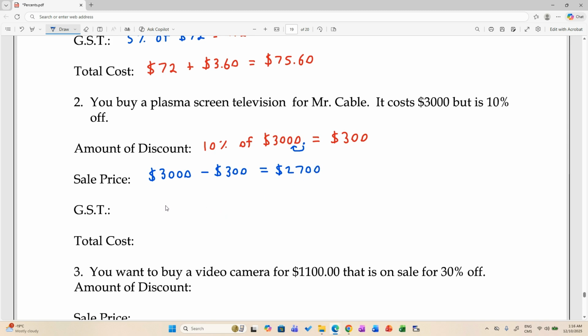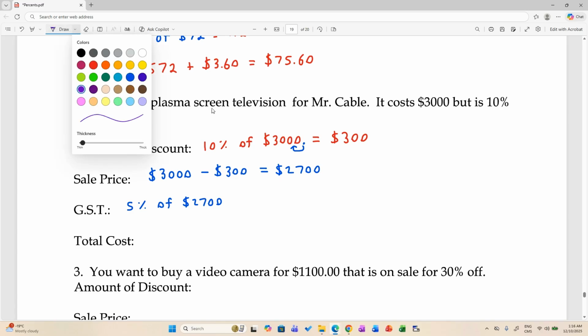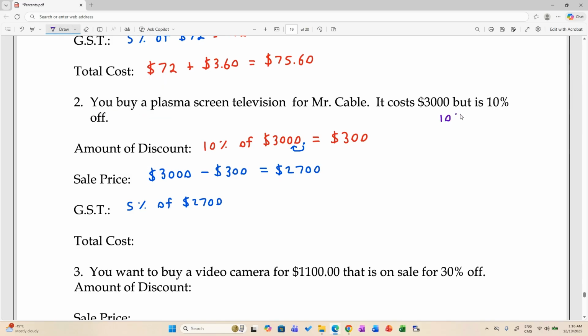Now, before we can leave the store, we also have to pay taxes to the government. So GST is 5% of whatever we pay. So in this case here, I have to find 5% of $2,700. Now, we have to do some math here. First things first, let's find, and I'll write with a different color marker so we can have it as an aside, what is 10% of